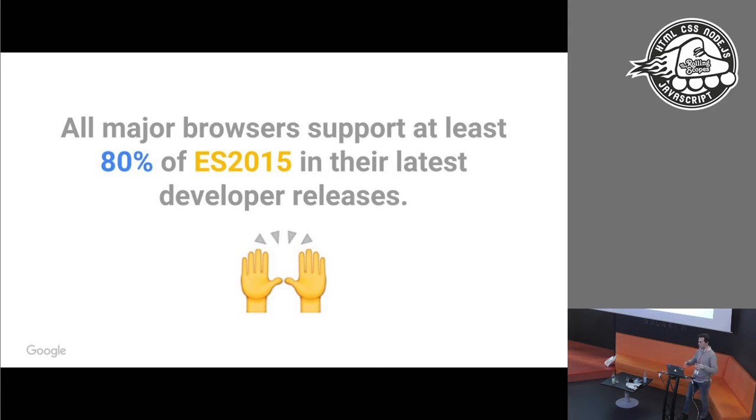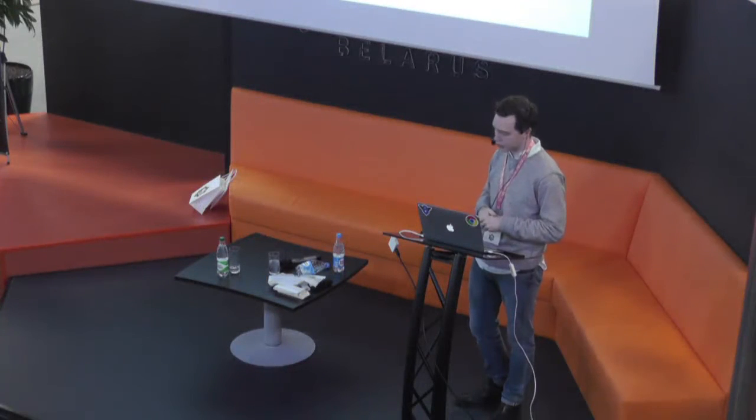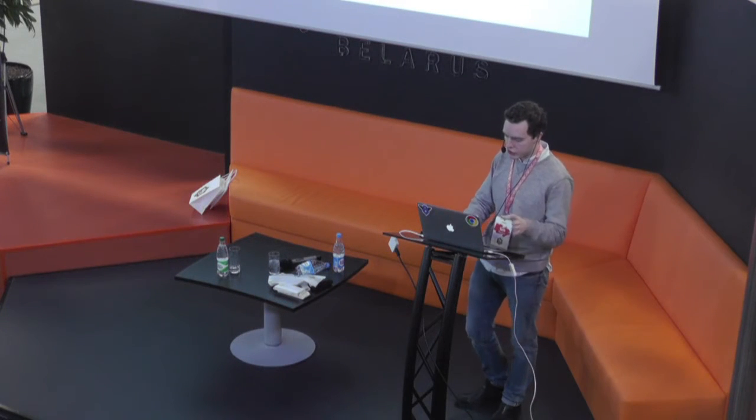And in sum, you can say as a general statement, which is probably more important than anything about one particular browser, that all major browsers support at least 80% of ES2015 in their latest developer releases. So this is really good. We're close to 100%, and I think it will happen very soon that you'll see people announcing they're done implementing this new part of JavaScript. And just to go back to this last slide,